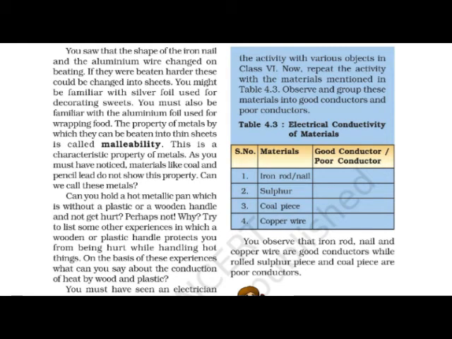It means if any object shows characteristic properties such as malleability, it can be termed a metal. If we are able to make a thin sheet of any object, we can say that object shows the malleability property, and if it shows the malleability property, we can say that object is a metal.